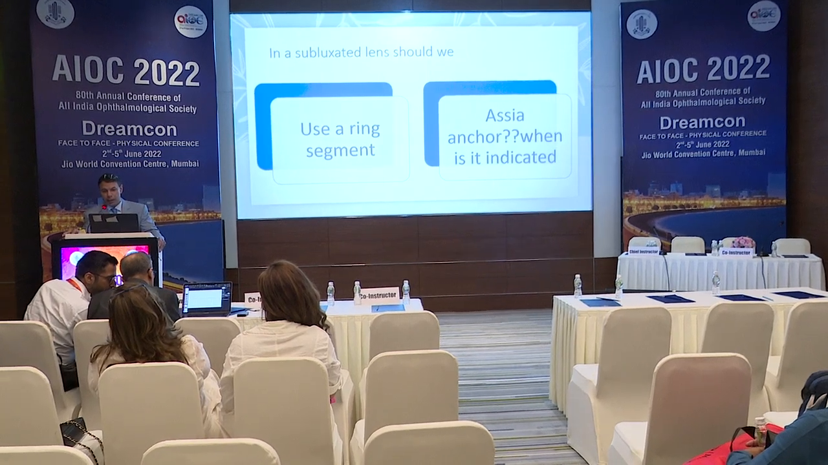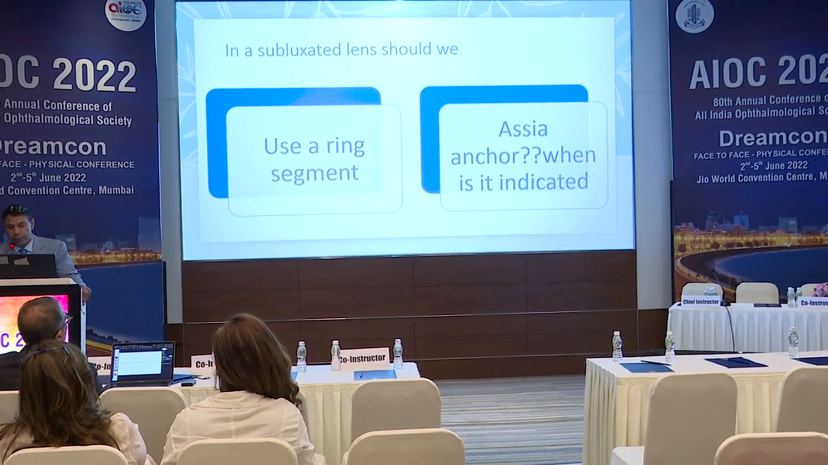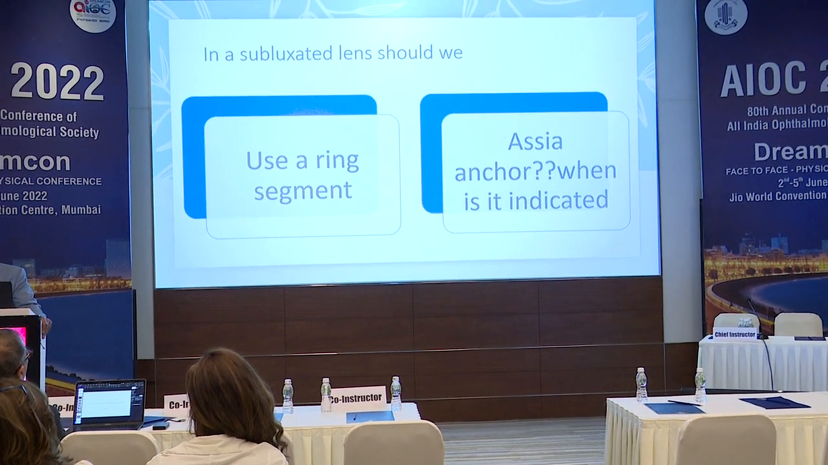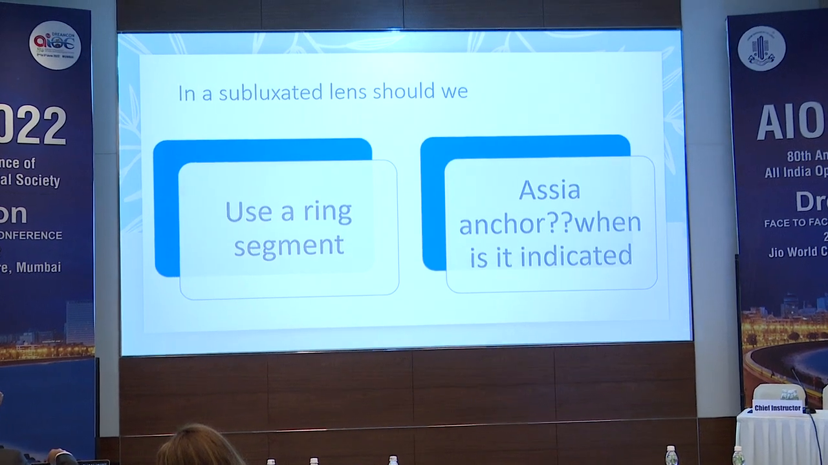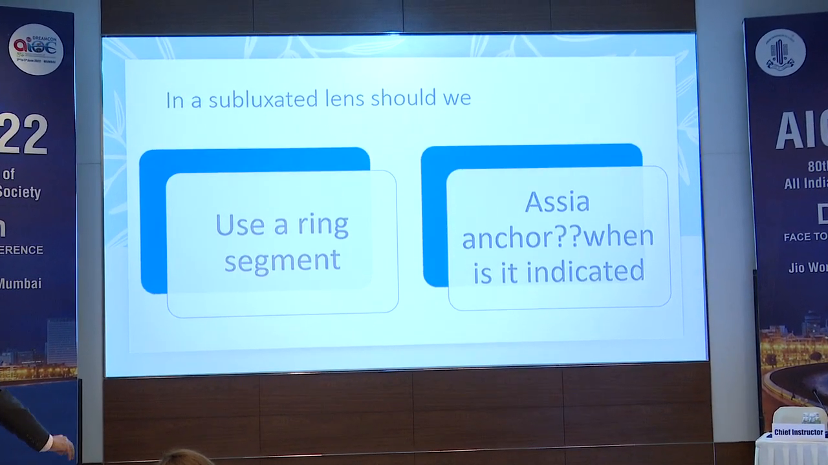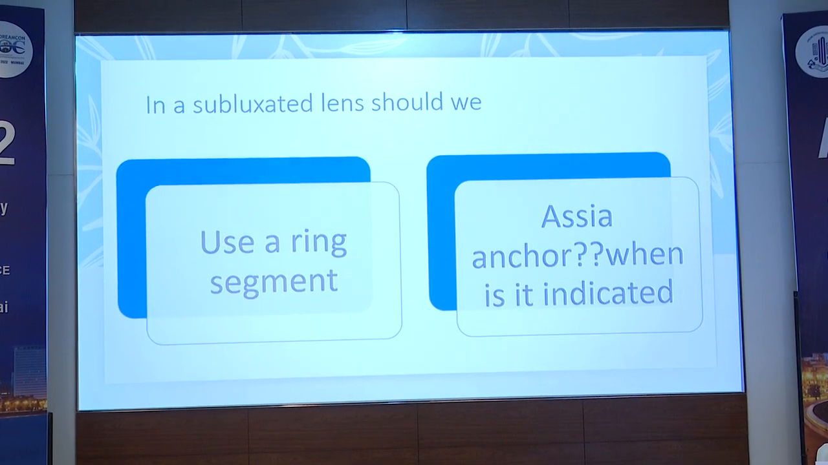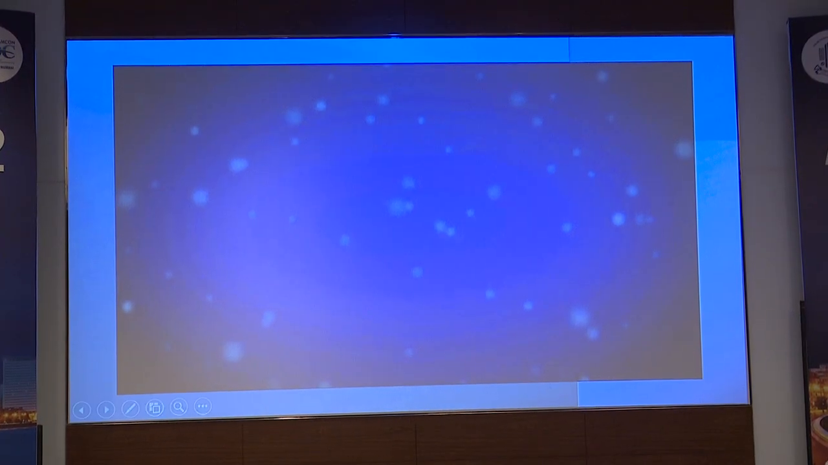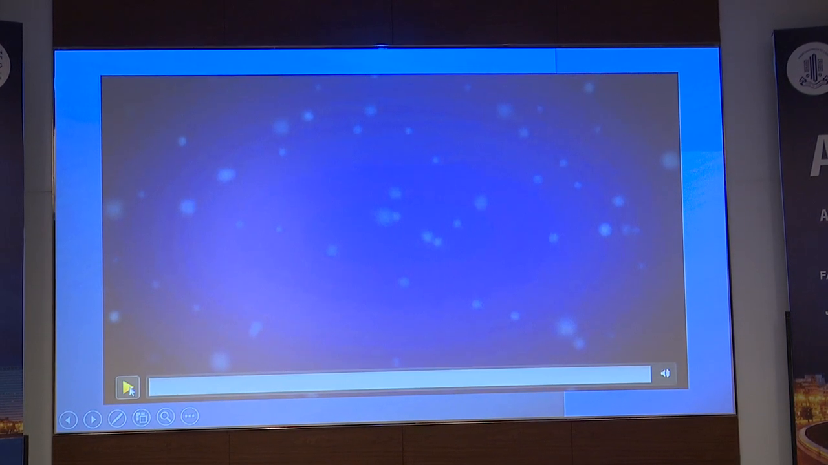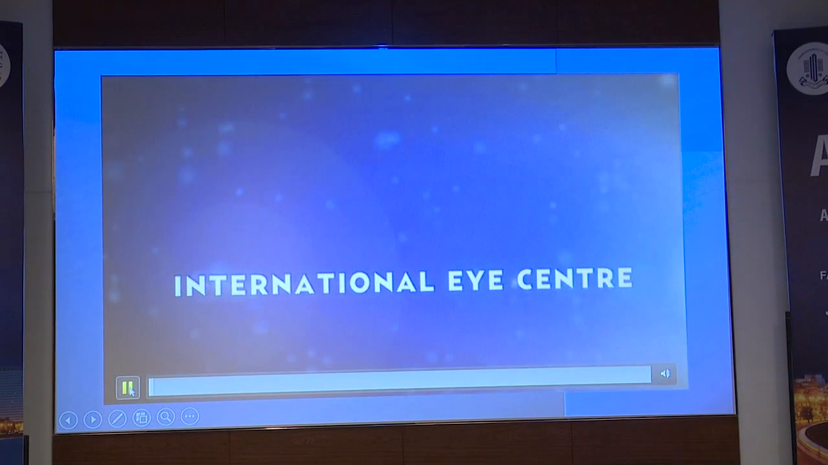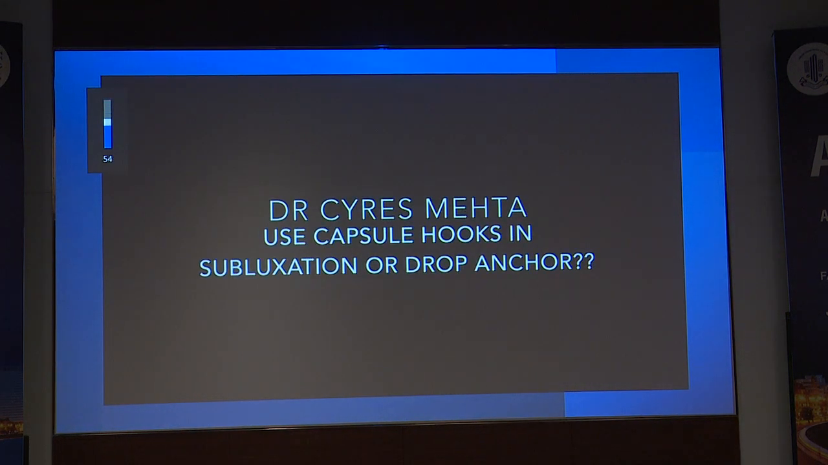In a subluxated lens, should we use a ring segment or should we use an ASIA anchor? And when is each of them indicated? Classically, we've always been taught with the subluxated lens, use a CTR and put a ring segment because that is readily available. So let's have a look how the video went. Put the volume off, please. Should we use capsule hooks or simply drop anchor when